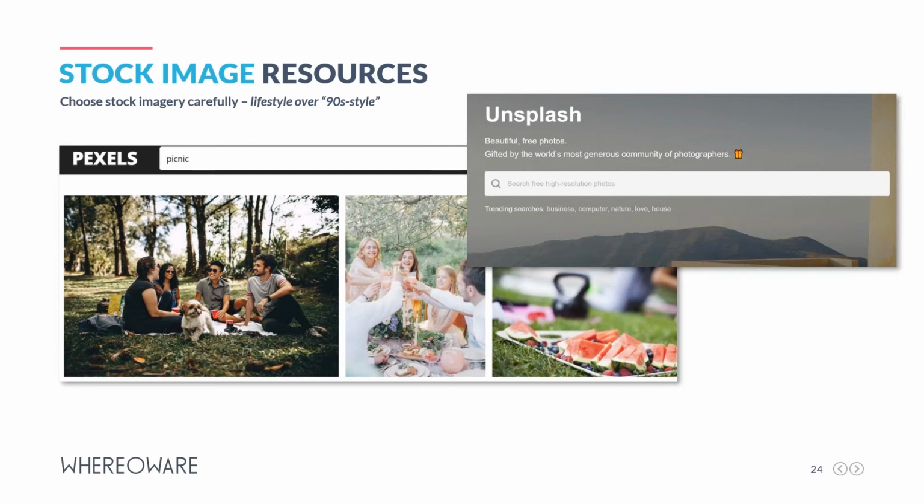Some tips on choosing imagery. We don't all have the budget to go out and have full lifestyle photo shoots or product photo shoots. So if we do have to use stock imagery, these are two great resources that are free, Pexels and Unsplash. I like both of these libraries because, other than being free, they also have really unique, really different